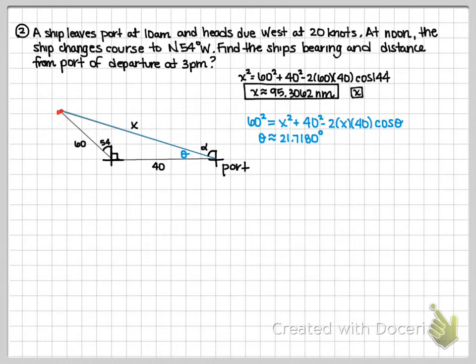Well, I can find alpha because alpha and theta are complementary, so I can do 90 minus theta. When I did that, I got 68.2819 degrees. Now, to do the bearing, I'm going to take a look at this. It's still going to start from due north,